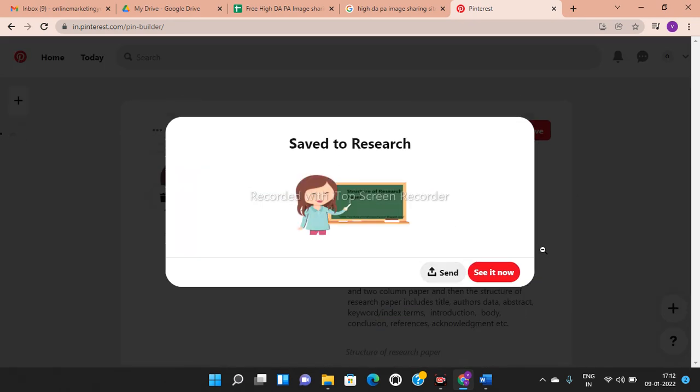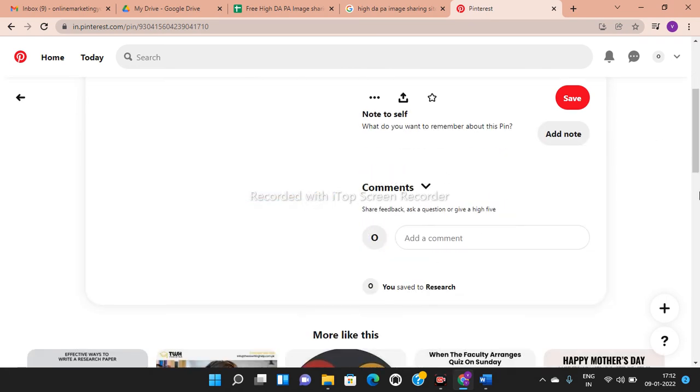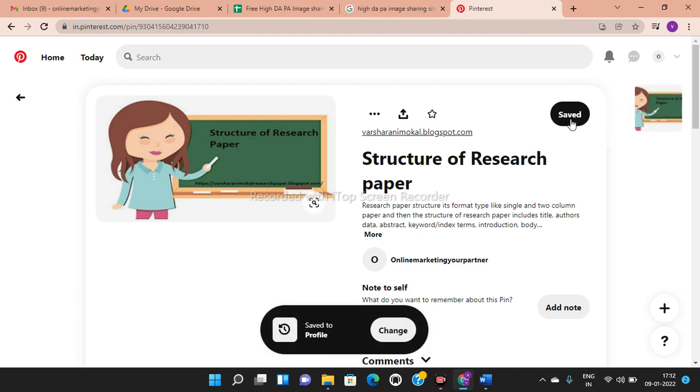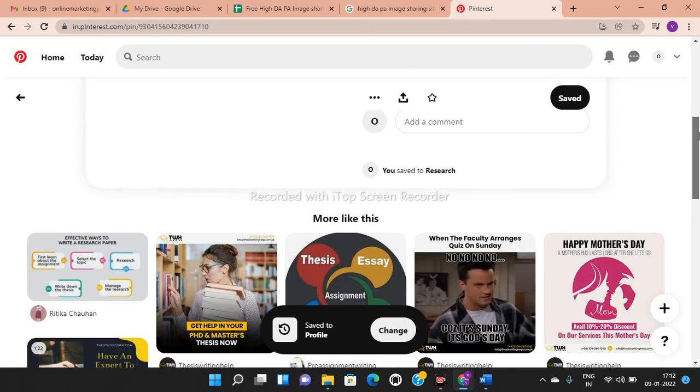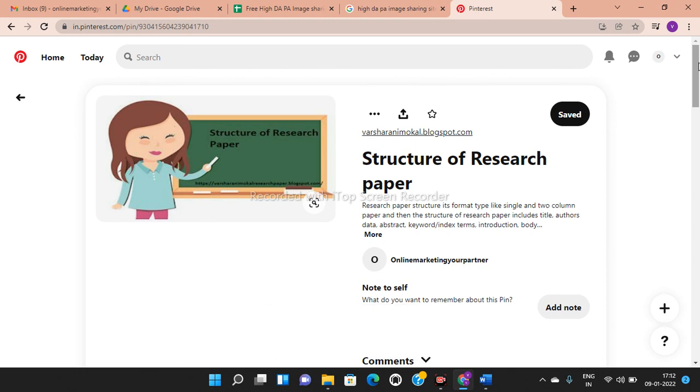So just now you can see we have submitted our image. This is my image, this is my title, this is my link, this is my whole activity of image submission. You just have to save it. Now you understood how to do image submission activity in SEO, right?